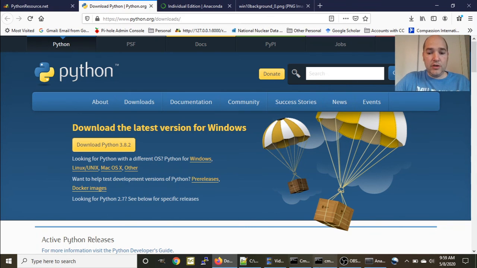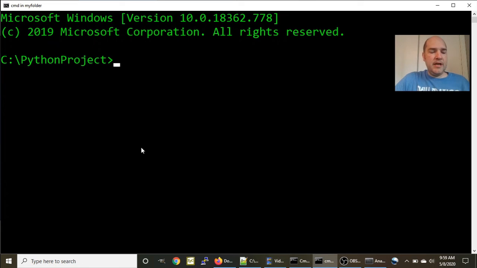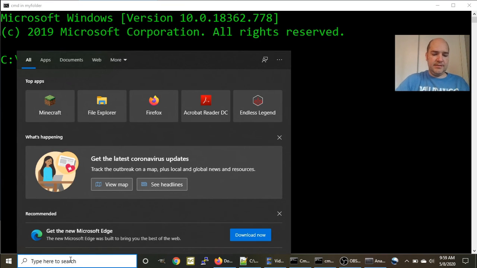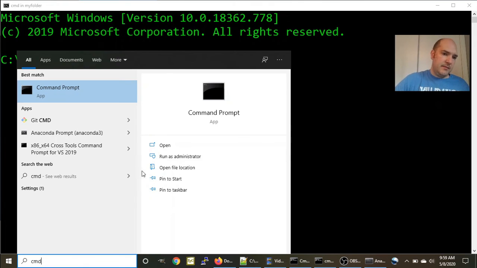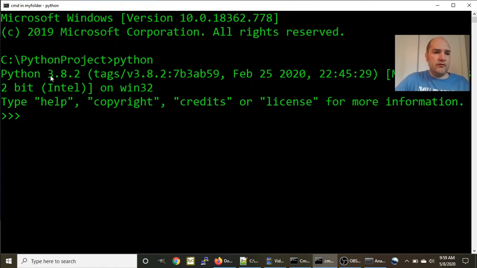Once that's installed, you're going to want to check to make sure that it works. You're going to want to open up a terminal. To do that, you'll go down to the search bar here and you can type CMD to find a command prompt. You can open that command prompt anywhere, and if everything is properly linked and all the paths have been established correctly, you should be able to type Python, and it'll show you that you're running,